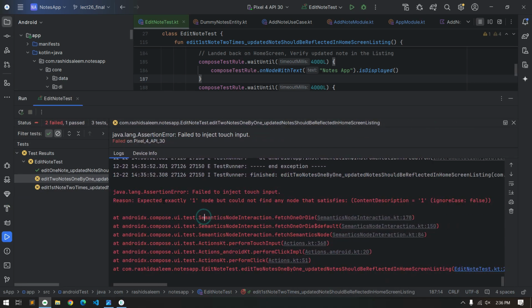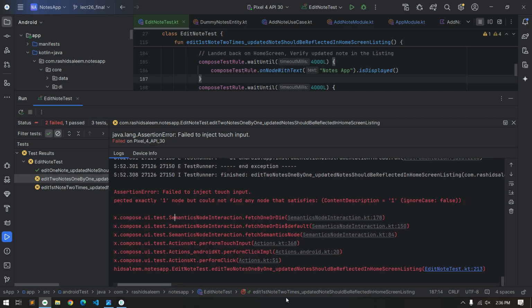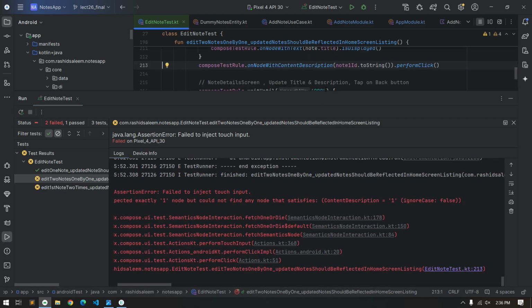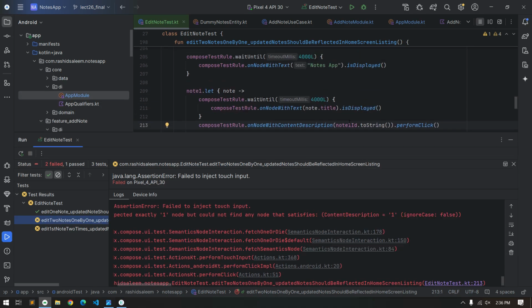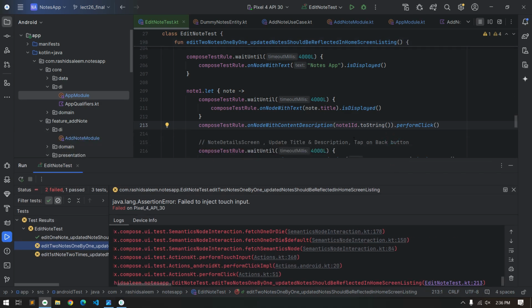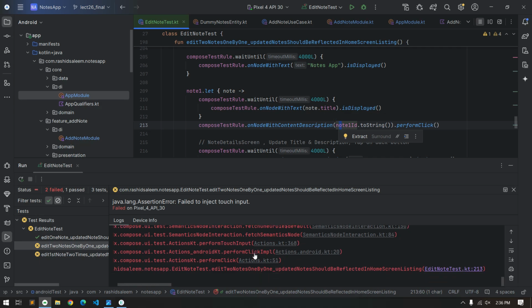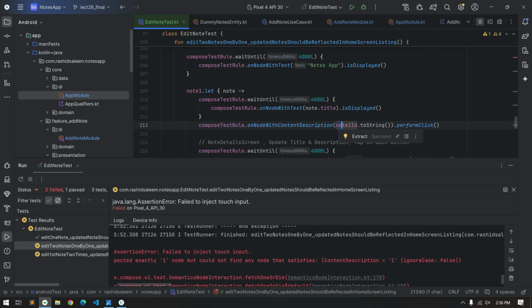So where would be the issue? The issue is at line number 213, it is not able to find that node ID. This is our edit node test, editing two nodes one by one. And here we are finding it through its content description, because node 1 has ID 1. So the issue here is that